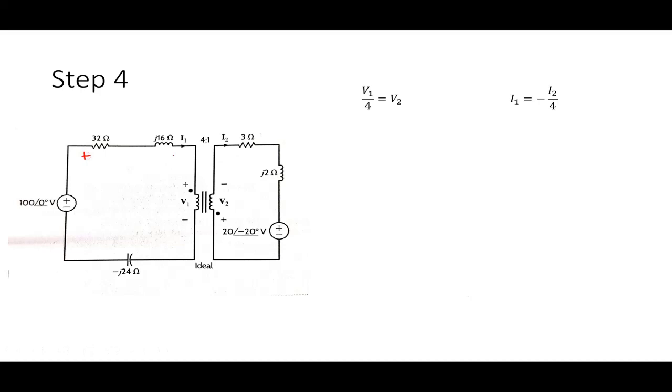Let's do that. I'm going to write out my signs here for each of my devices, with voltage polarities that look like that. And then I'm going to do KVL for the primary. On the primary side, I'm going to start in this corner down here and go around in a clockwise direction. So 0 equals negative 100, because I'm going from minus to plus, plus